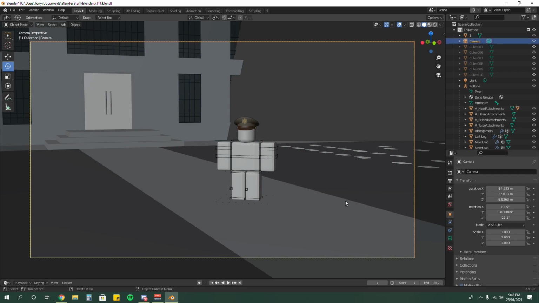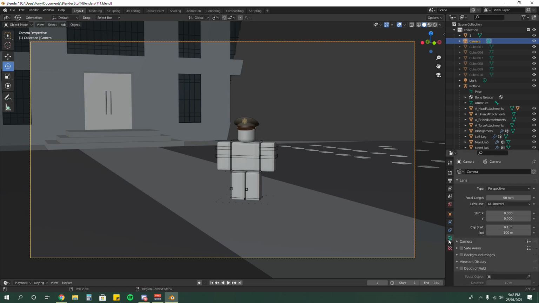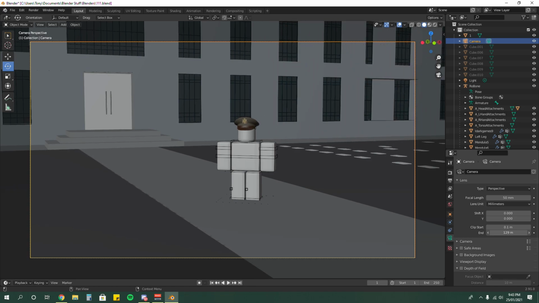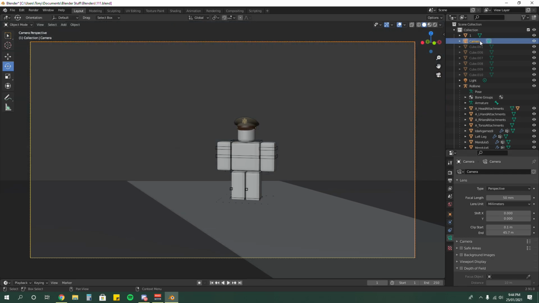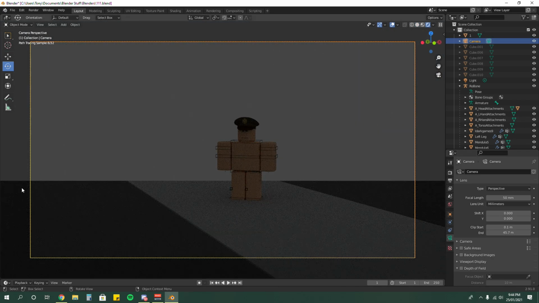Oh, and then you see all this weird thing that's covering up the building. And you want to know why? Well, if you go to object properties, you see this camera icon. This is how much the camera sees at distance. So if we just bring it up, it's gone, like that. And if you press rendered, it's like a wall, man.